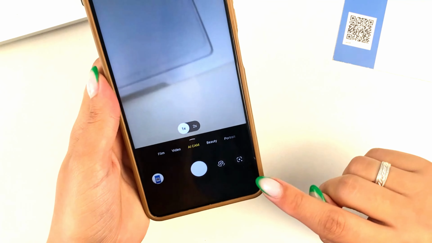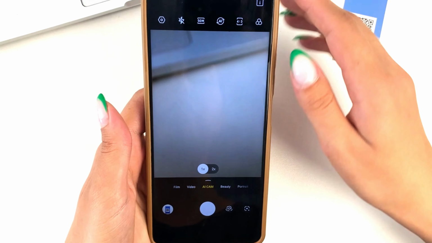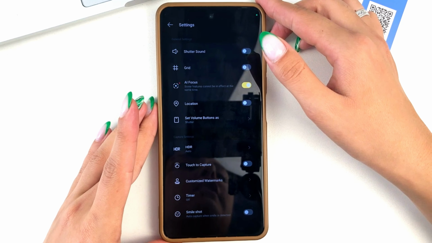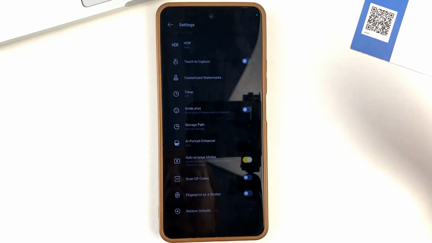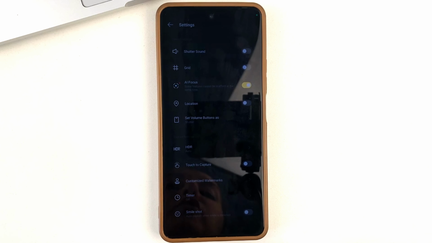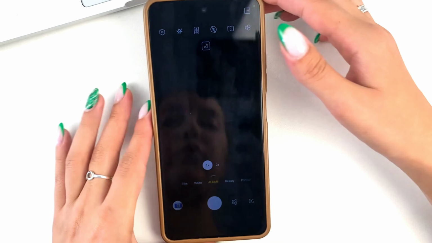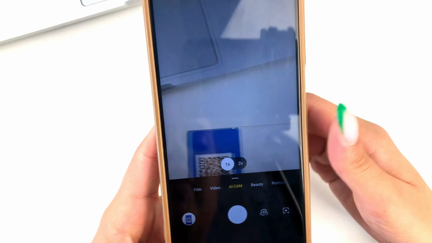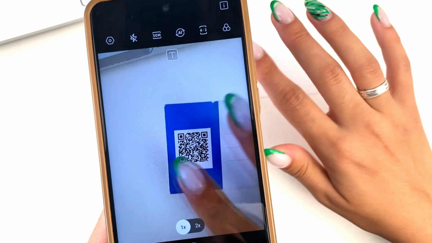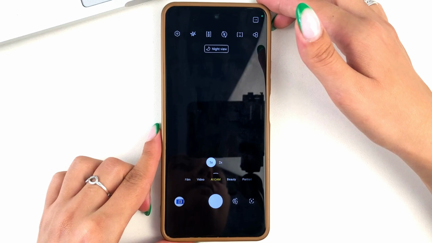By the way, I will also say, friends, that if you do not find this special sign, first of all, you can do what? Go to the settings on your Android, and here in the menu find the QR code scanner, and just activate it, because maybe it's just not active. Or you have it just through the camera, you don't need to press anything. You just need to open the camera and point the scanner at the QR code, and the link to some site will appear at once.